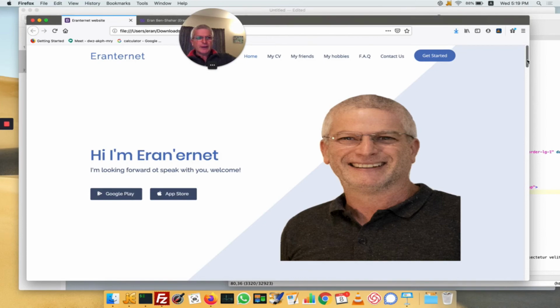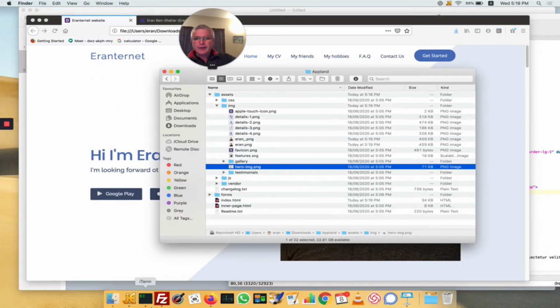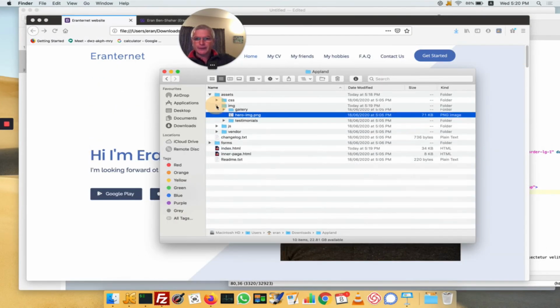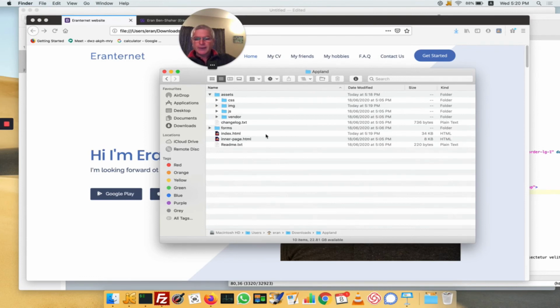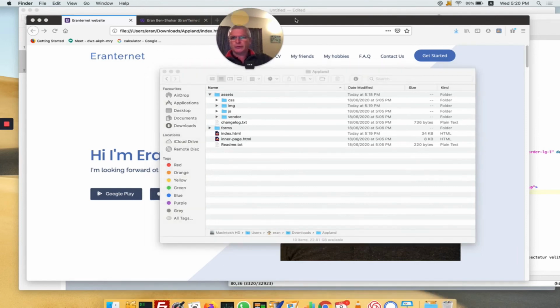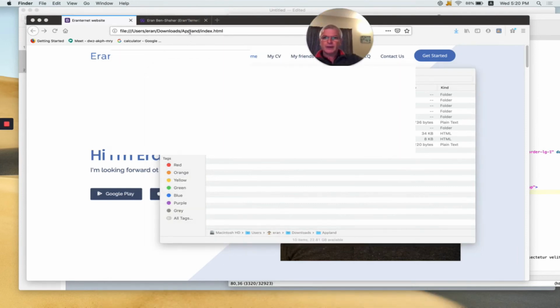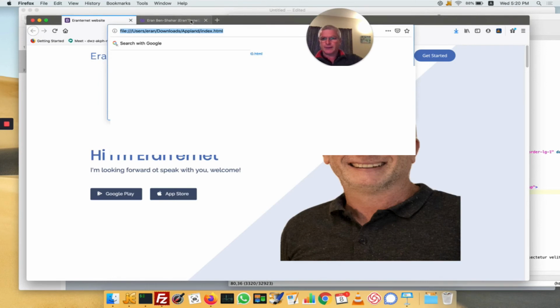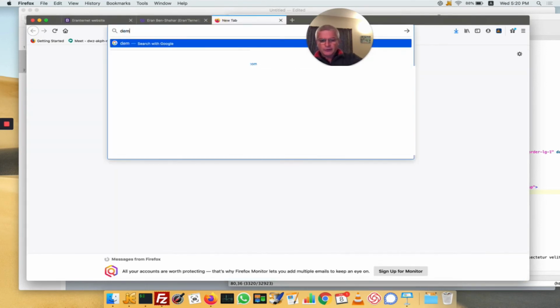Here it is. Okay, so now look, we have the folder of the files. That's how it looks. What I need to do now is basically install it on a server, on a place where everyone will be able to see it. At the moment, it is on my local directory. I installed already a server under